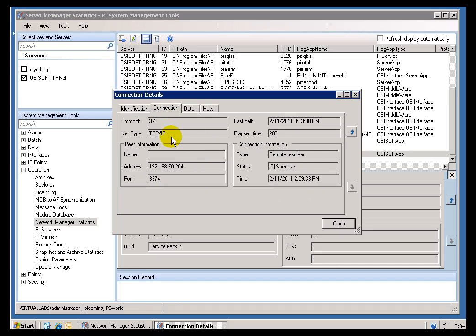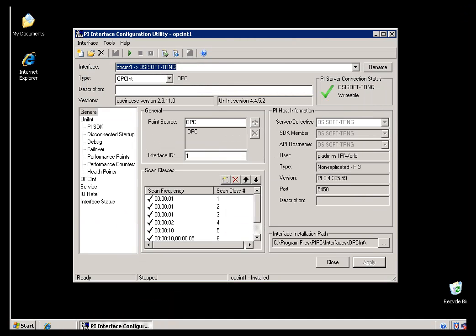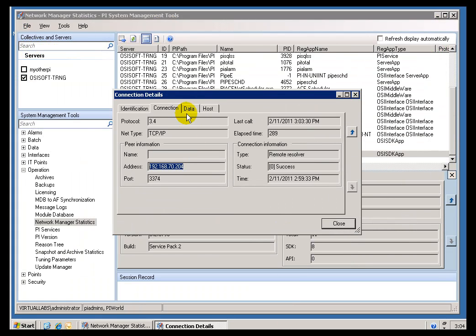If I go into connection here, I can see the node. That's the IP address. It's actually connected from over here. This is my interface node. This node, as you can see, I'm running ICU. So that's fairly helpful. It shows me all kinds of information about this, and especially it can be useful for